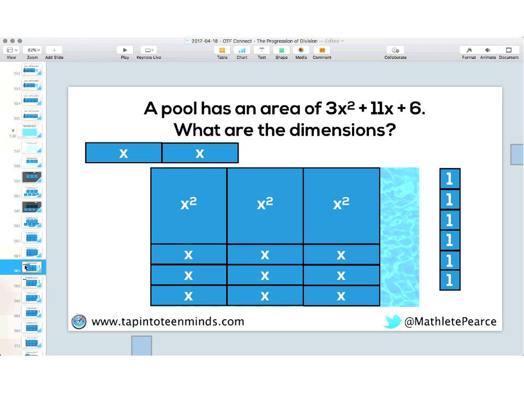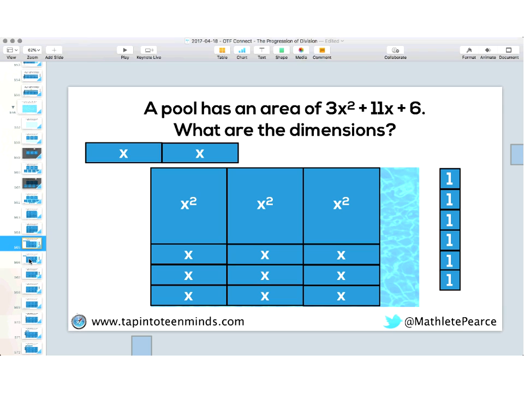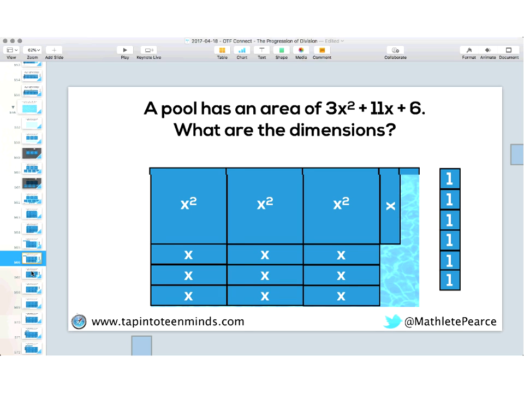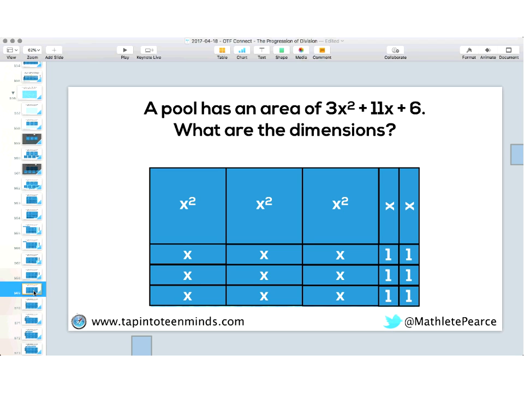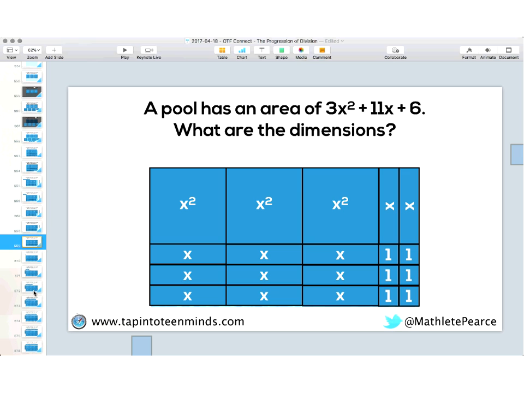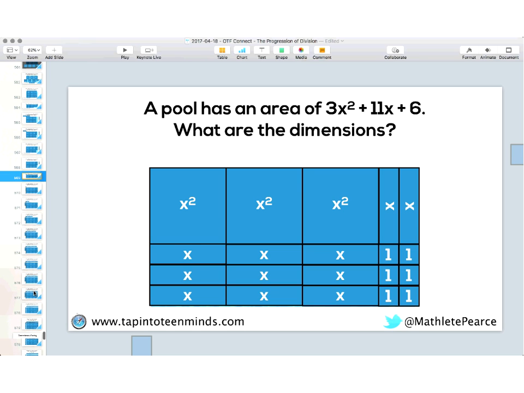What if I tried it like, oh, wait a second. Okay, it's nice when I have that pool in the background, right, to help me trace it out a little bit. Okay, that makes it a little easier. All right, where am I going to put these 2 x's? Oh, that goes there. Okay. This one goes there. And then, you know what? What do you know? I've got myself my rectangle, and I also have my factored quadratic, which is the same as dividing with base 10 blocks.